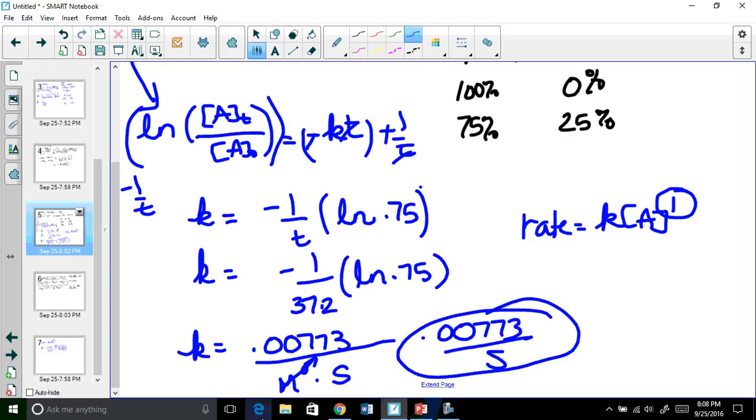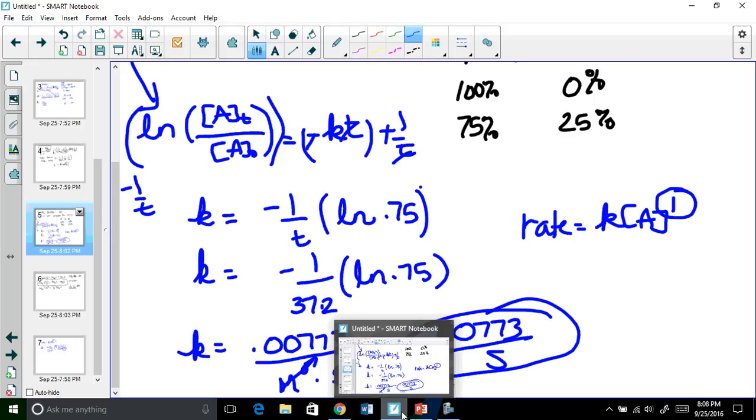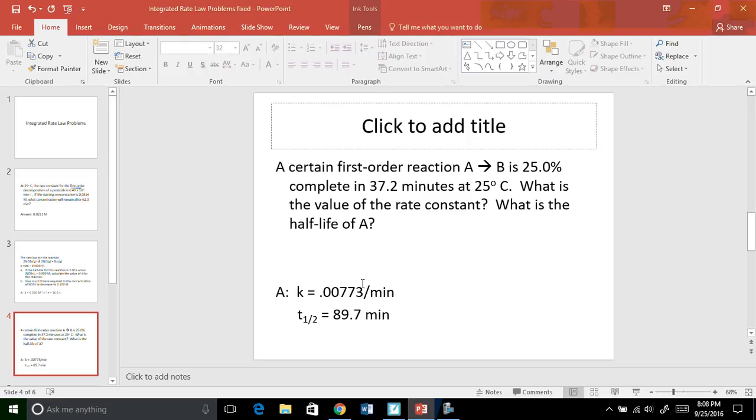You don't have to carry units, but you have to have units on your final answer. So now if you look, that's the answer we're supposed to get. And then the question is, what is the half-life of A? And so very interesting, again,